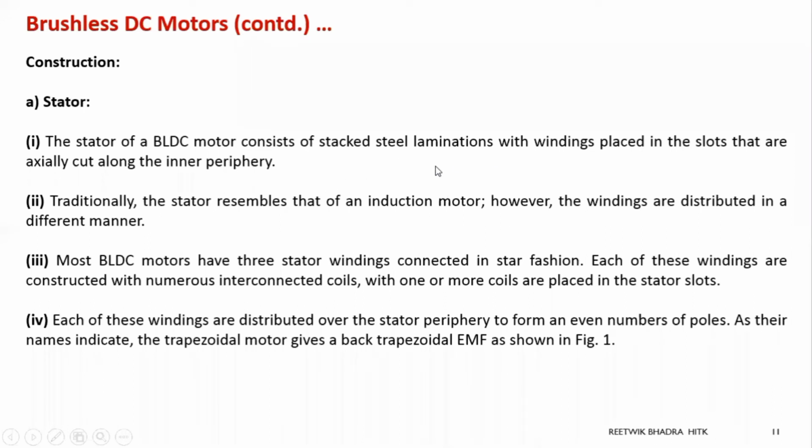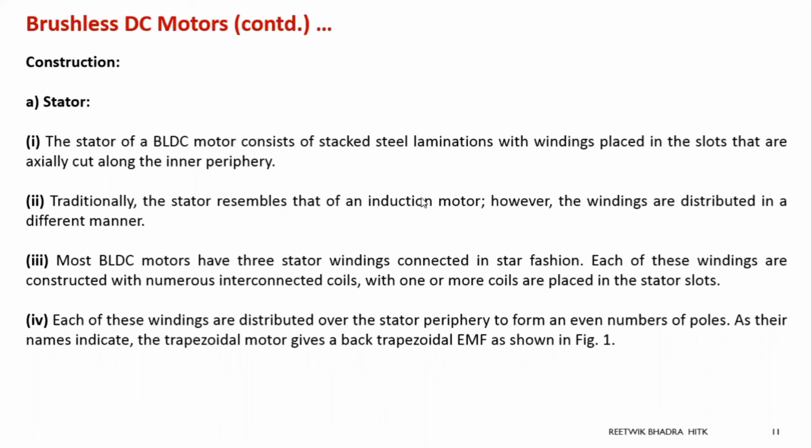So those things are common everywhere in any machine. Slots are there, and in those slots windings are made, and they are laminated. They have to be laminated to reduce those core losses. So generally, if you see any block, any representation of the stator of your brushless DC motor, it looks similar to the induction motor. We had seen the stator of an induction motor. I had shown you pictorially the stator of the induction motor.